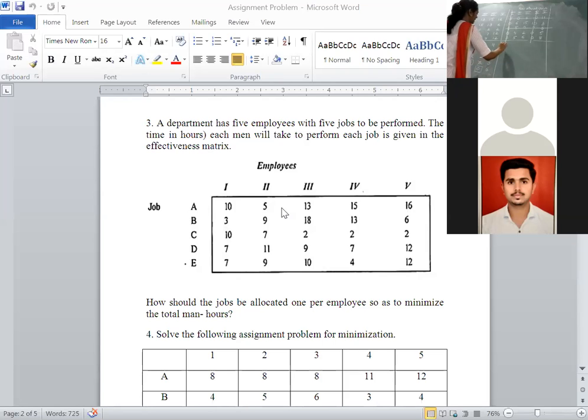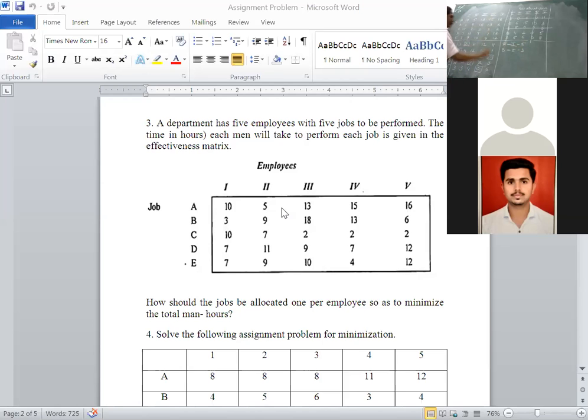How to write down the answer? A goes to C. A goes to which position? Second position, second column. A goes to 2. In the original matrix, what is the value of 2? It's 5. B goes to 1. What is the value? 3.